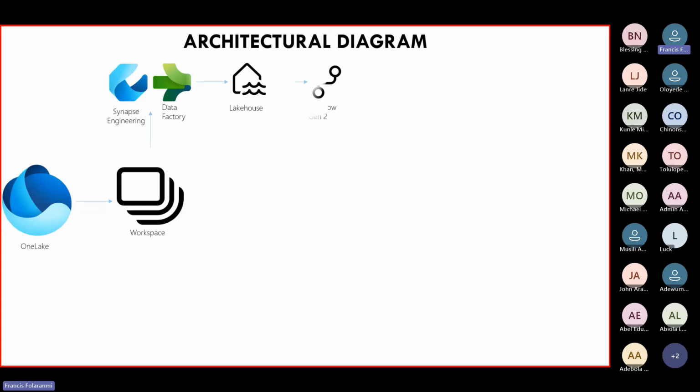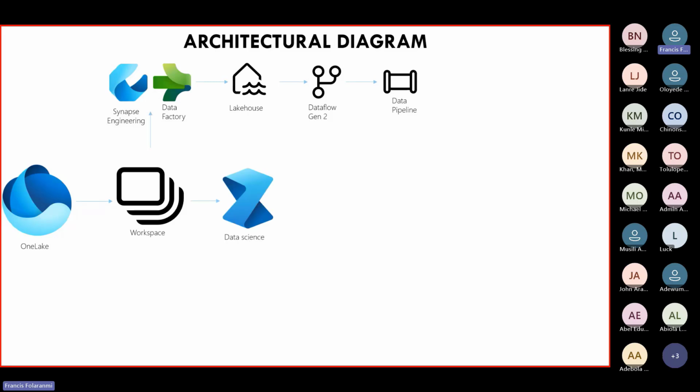From your lakehouse, you may want to do your transformation depending on what you want to do. For those coming from a Power BI background, Dataflow Gen2 is essentially Power Query Online, so you can use that to do your data transformation. You can also put that dataflow within a pipeline, which allows you to orchestrate the data movement and maybe even automate things around it. From there, our data is now available.